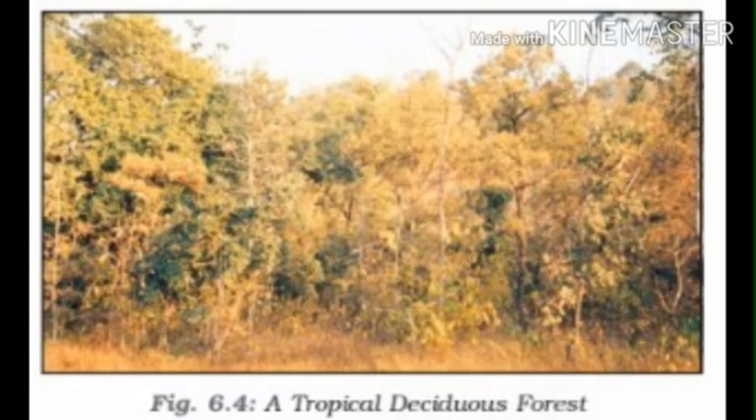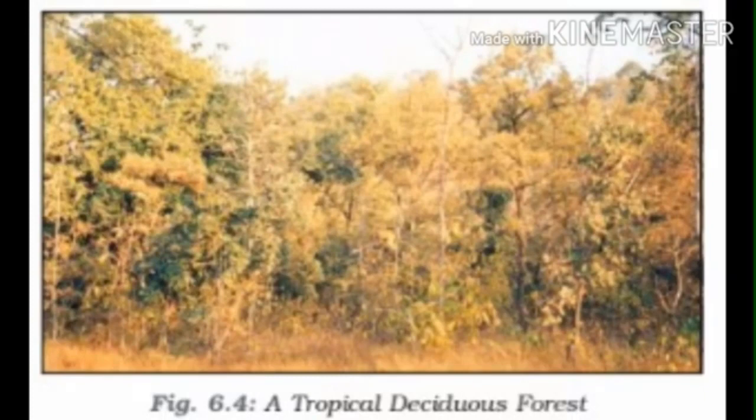Then what vegetation is found in the tropical rainforest? Hardwood trees. What are the hardwood trees? Hardwood trees like ebony, mahogany, then rosewood. These are the trees found in the tropical evergreen or rainforest. Then wildlife. What are the animals present in this type of forest? Apes, snakes, lizards, monkeys, crocodiles, elephants, pythons. These are the main animals. The remaining animals are also present in this type of forest, but these are the main animals.